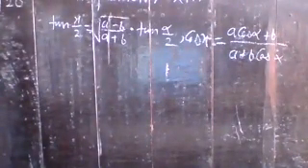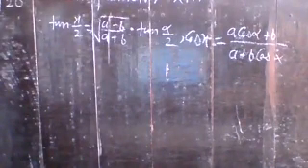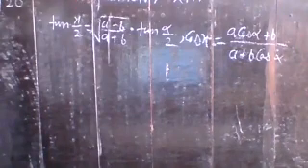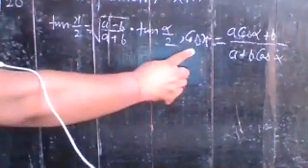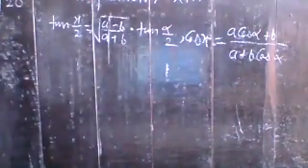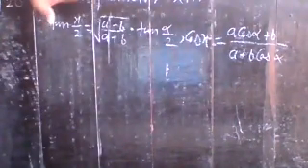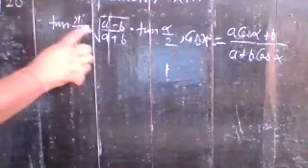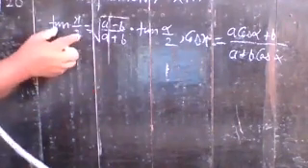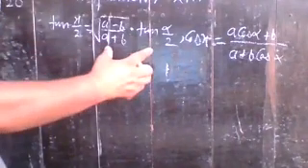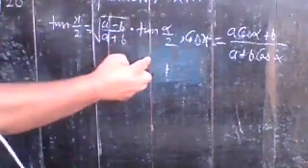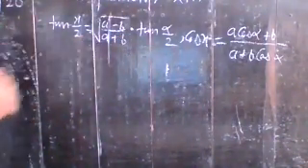Here you have to prove cos x is equal to (a cos alpha plus b) upon (a plus b cos alpha). If you are seeing the result, your left side is cos x, and your right side is only in terms of alpha, not x. So what does it mean here? It means this result is used. Here your left side is tan x by 2, and here you have alpha by 2, means the terms are in terms of alpha. Understand? So use this result.